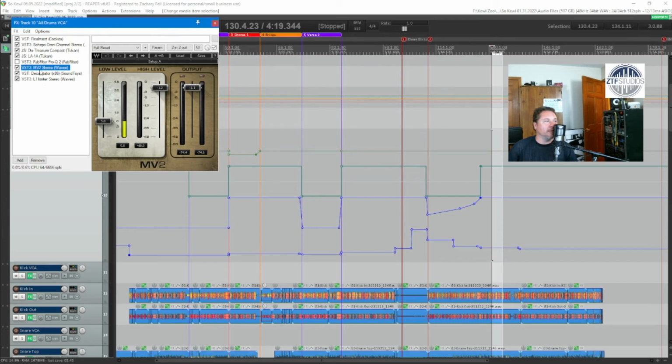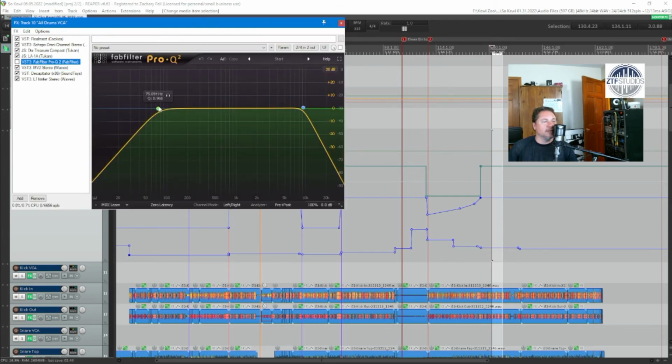Where are you? There you are. So you see I am low passing and high passing. When it's on, it makes the drums sound a little bit smaller during the verses and the bridges and stuff like that. And then when we get to the explosive choruses, I turn it off and it's full range on the